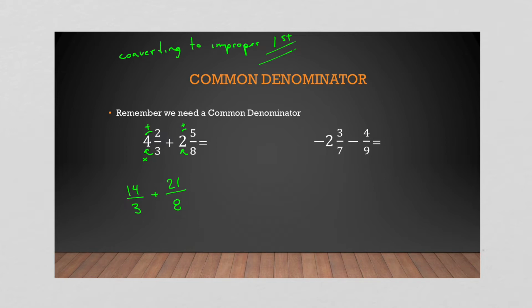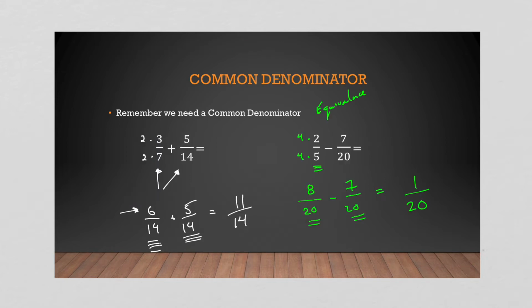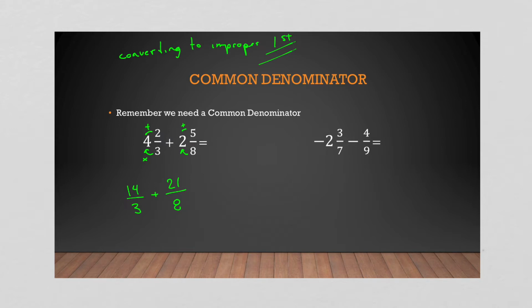Now, if you look at our last page, it was going to multiply one to get the other. Well, we can't do that here because we have 3 and 8. So the easiest way to get it is I'm just going to multiply 3 by 8, 14 by 8, and then 8 by 3, 21 by 3. That's going to guarantee me a common denominator because 8 times 3 is the same as 8 times 3. So my denominator now is 24, and now 14 times 8 is 112. So I have 112, and then 21 times 3 is 63. So now that I have a common denominator, I can add them up, and I get